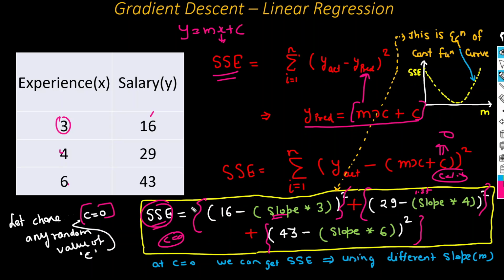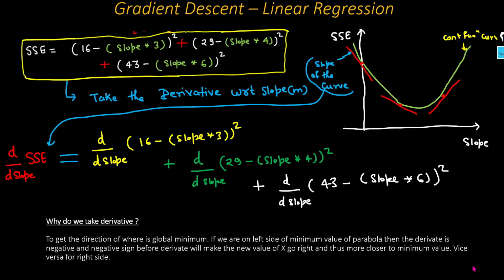So how can we do that? First we have to calculate the derivative so that we can calculate the slope, this particular value. Here you can see what we are doing. This is the SSE equation we have already calculated. Now we have to take the derivative so that we can calculate this particular slope, and at each slope we will calculate the sum of squared error. So first we have to calculate this particular slope.